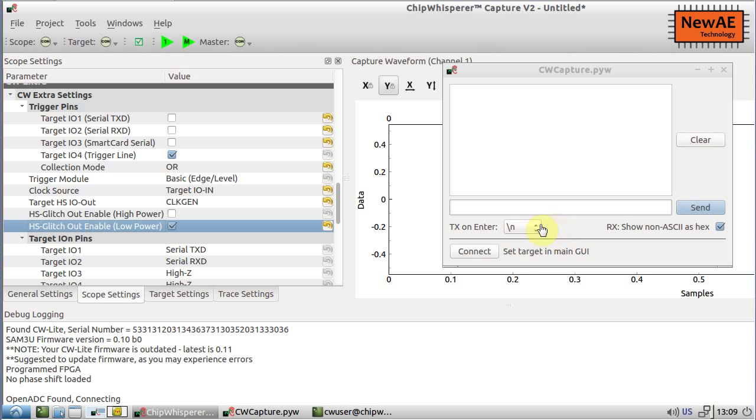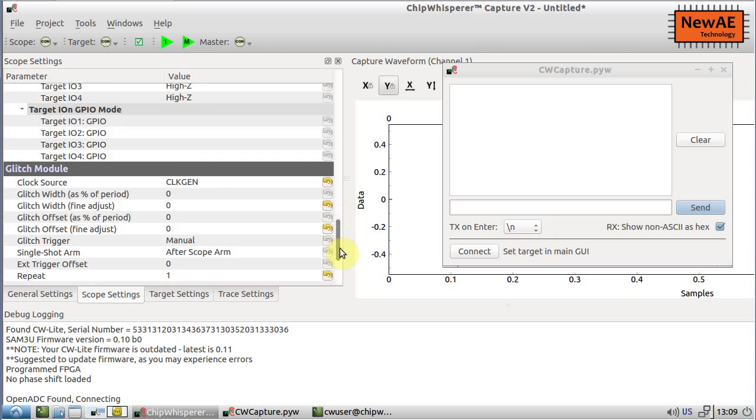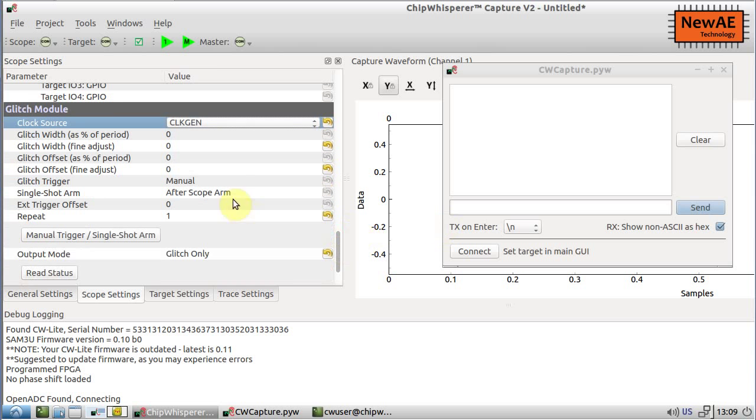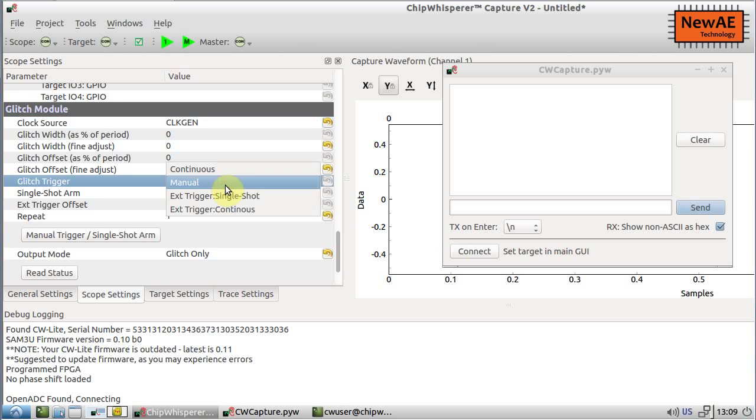And you can confirm that the clock source on this was set to clock gen for the glitch module. The final thing to do here is that when we insert the glitches, we want to automatically insert it when we reset the AVR and it goes into that loop. So just go ahead and set it to external trigger single shot. So single shot just means it only inserts one glitch per capture cycle, and you really want to use this